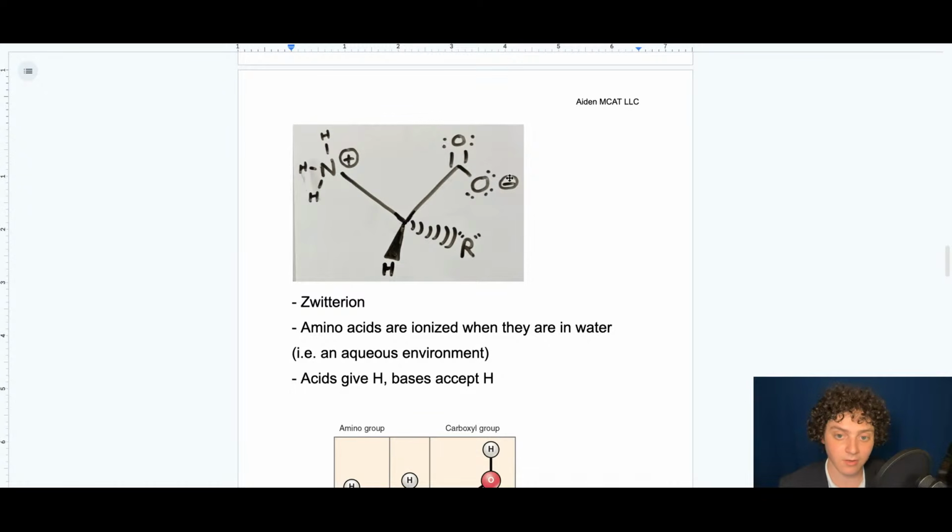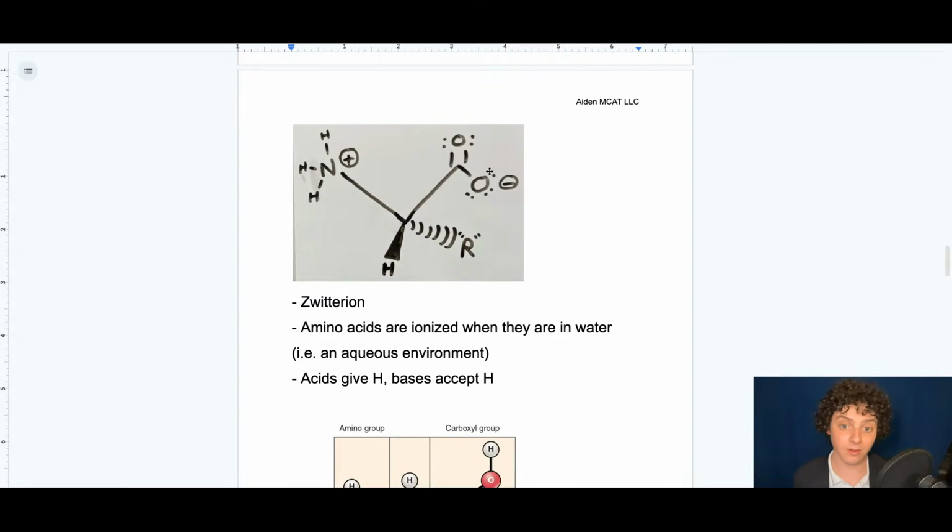So this is an acidic group. When it is in water, it is not going to have its H anymore because it gave it off. And this is a basic group because when it is in water, it grabs an H from water, which is H2O, and it becomes this. So then why the charges? Well, an H is a hydrogen ion, which is a proton. And a proton is a positively charged particle. So when you gain an extra proton or H, I'm going to use them interchangeably now, you gain a positive charge because protons are positively charged.